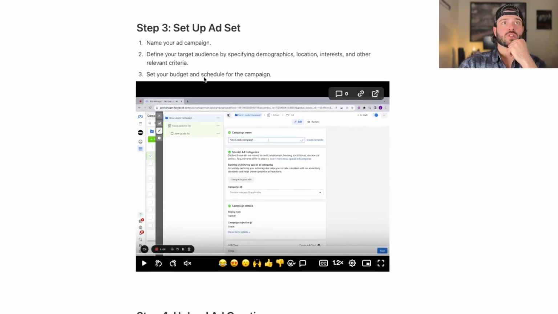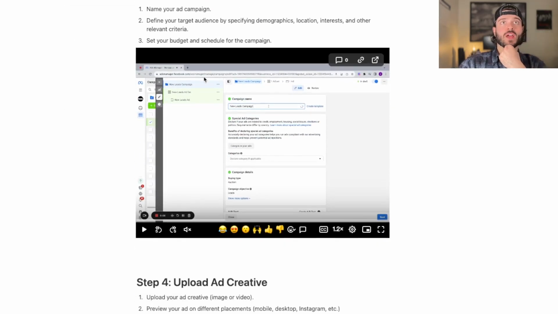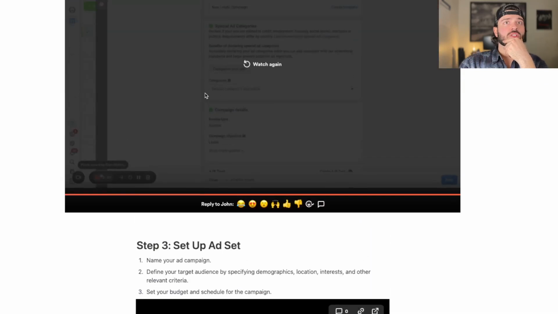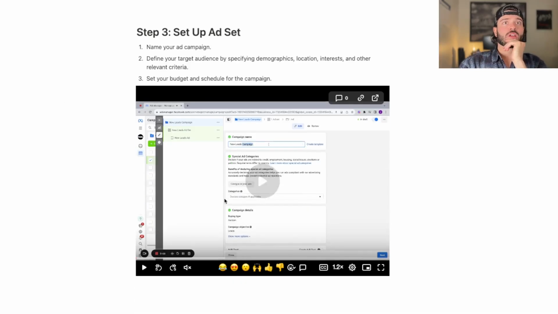So then we go to set up. Step number 3, set up your ad set. So the way that the campaign works is there's a campaign level, an ad set level, and then there's the ad level. So the ad set is specifically going for who you want to be targeting. I think that's actually, yeah, so we just set up the ad campaign, and what you want to do is